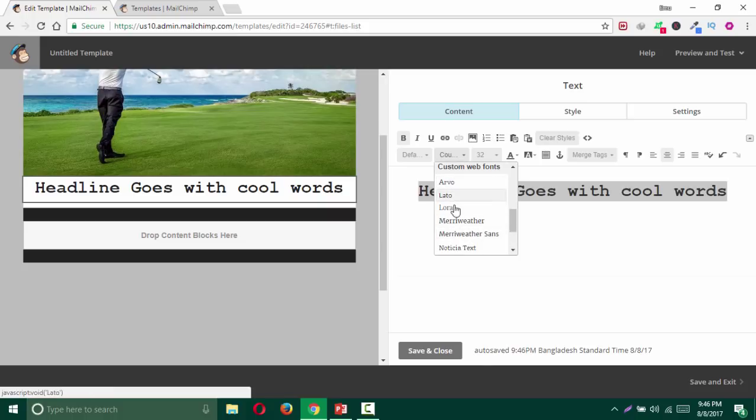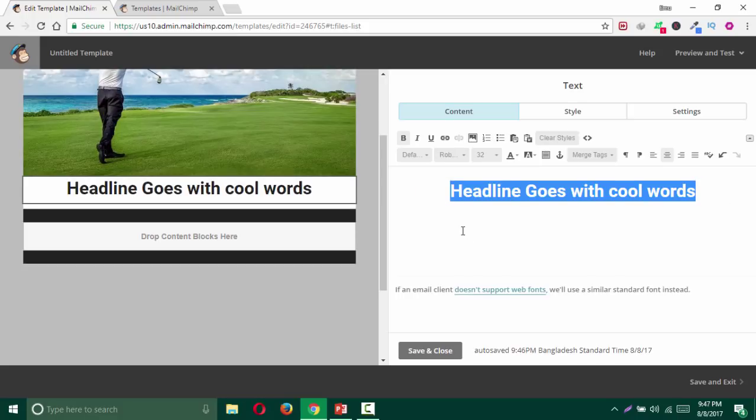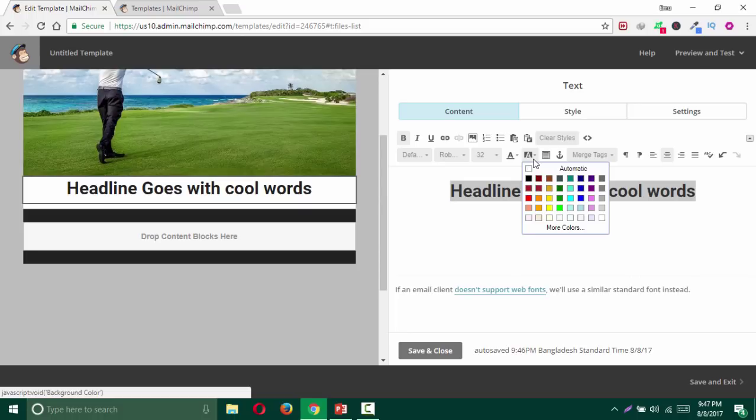Let's make it Lato or Roboto. Let's Roboto. Alright, and you can change the color of the text as well. This is the text color and this is the background color of the text. Okay, so if you want to change the background color of the text, you can do that as well. Simply